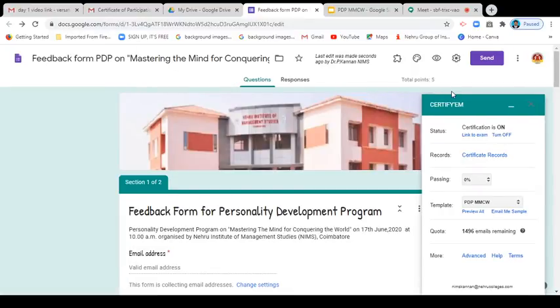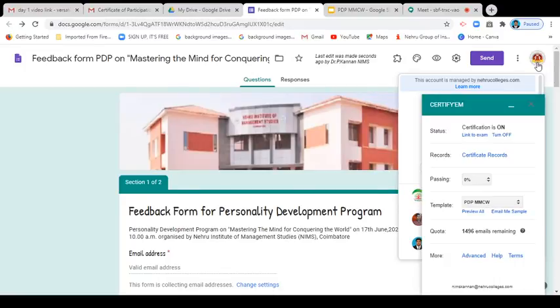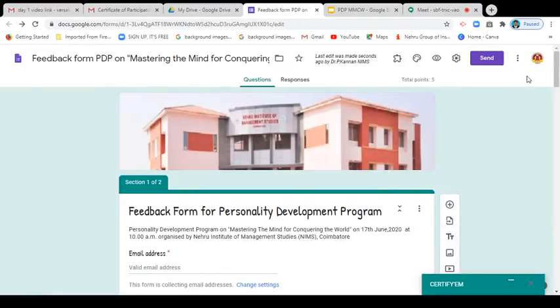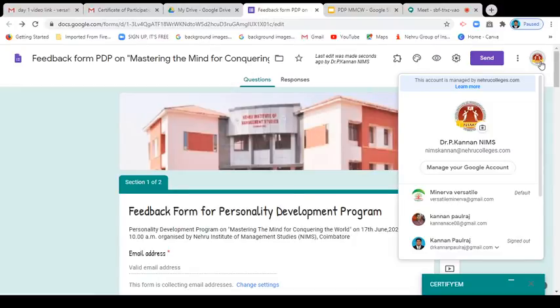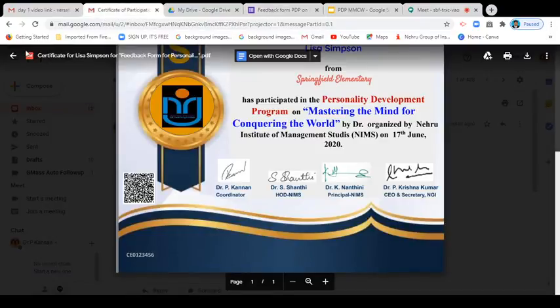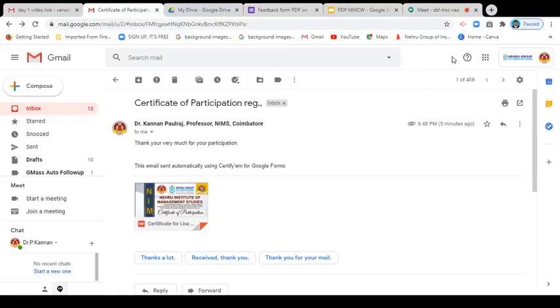Okay, so after the session is over and all the respondents have submitted the feedback, you can click your mail icon here. Sorry, not here. You go with your Gmail ID. You can click this nine dot button.